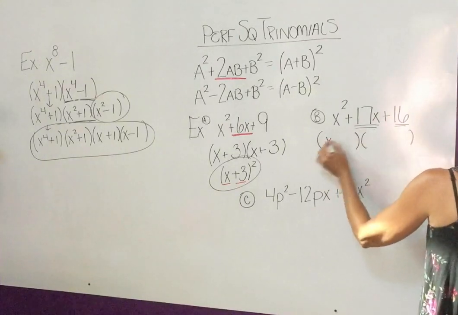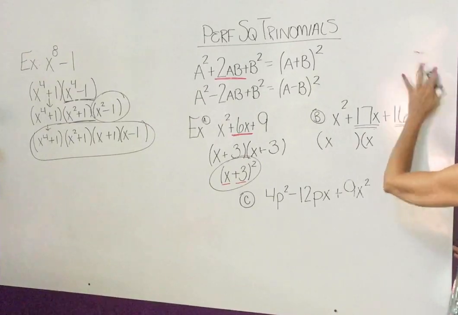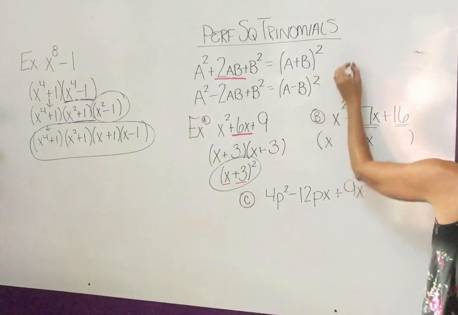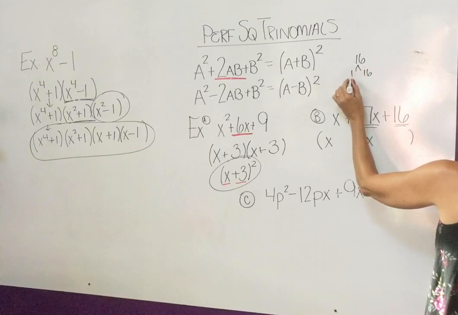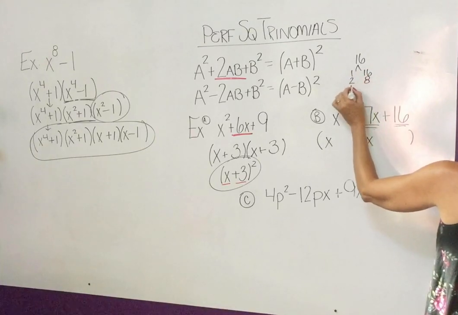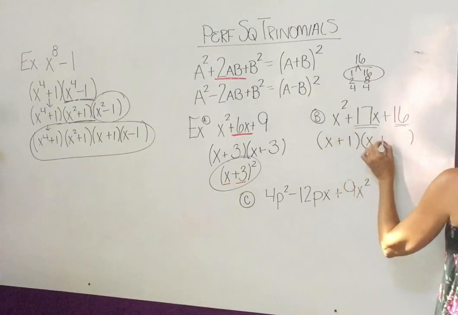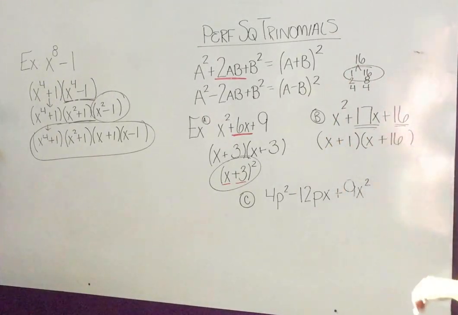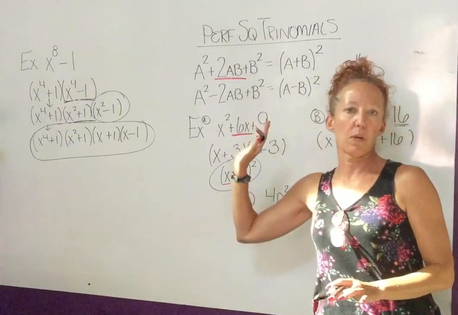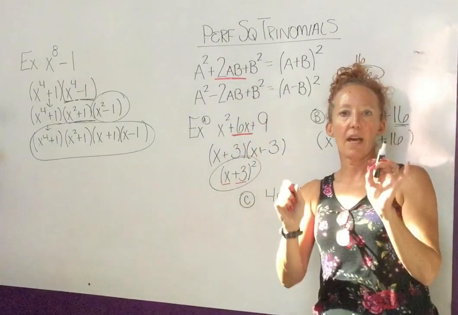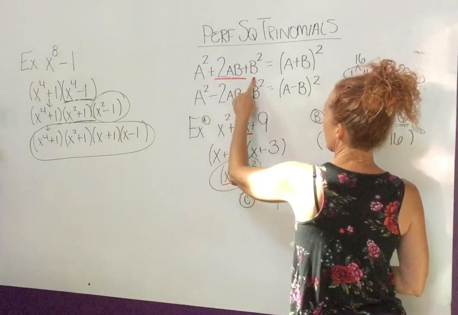You need two numbers that multiply to 16. Maybe you can't see this. I'm afraid I'm off the screen. You need two numbers that multiply to 16 and add up to 17. And the answer there would be 1 and 16. So this problem isn't even a perfect square trinomial, but yet sometimes we're misled when the first and the back